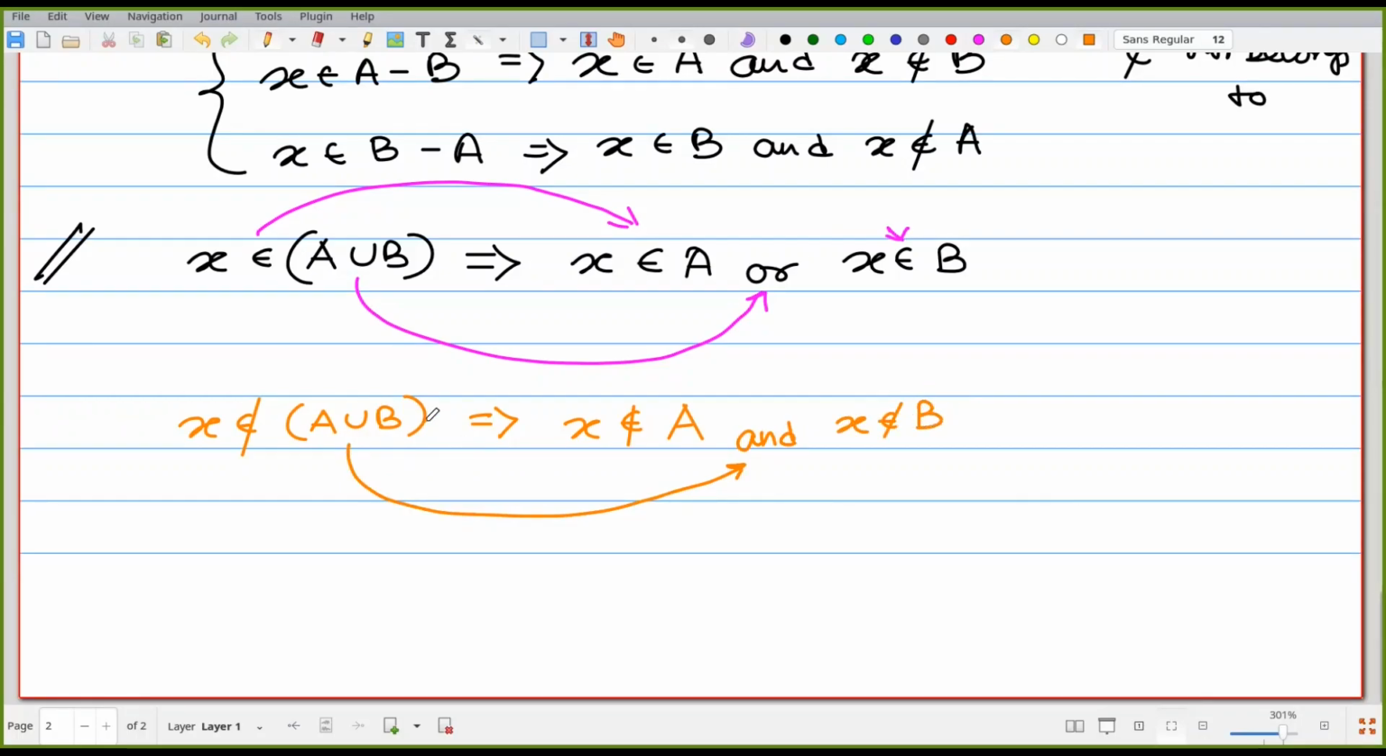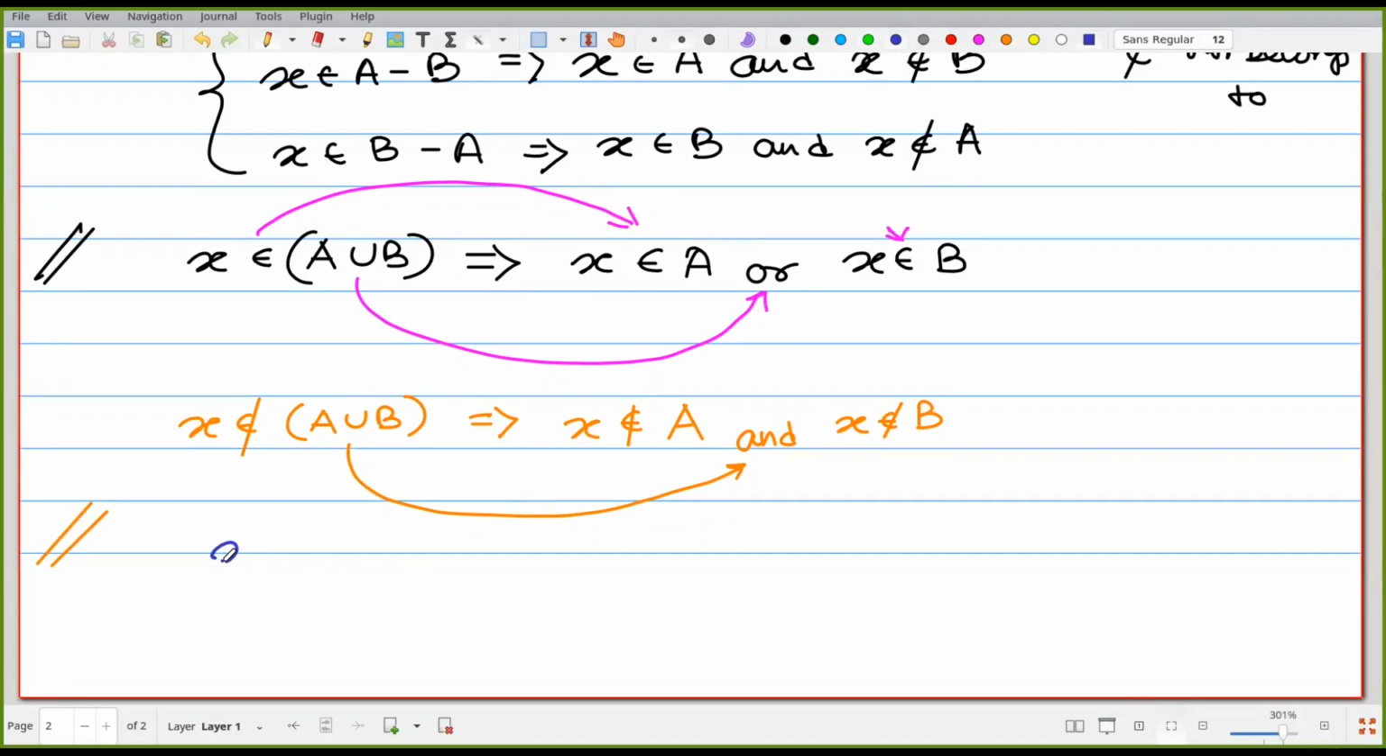So once again I am saying X belongs to A union B. That means X belongs to A or X belongs to B. Not belongs to A union B, that means X not belongs to A and X not belongs to B. Same as,